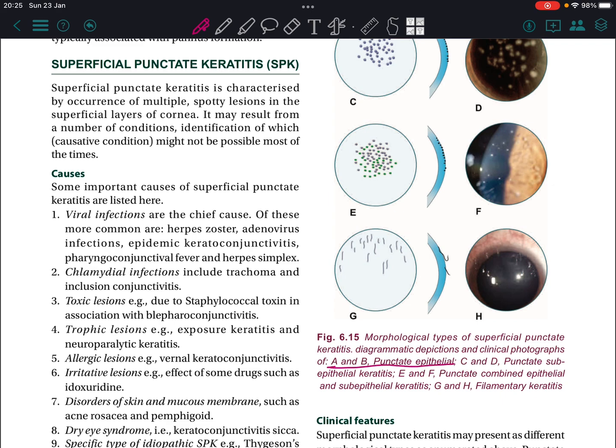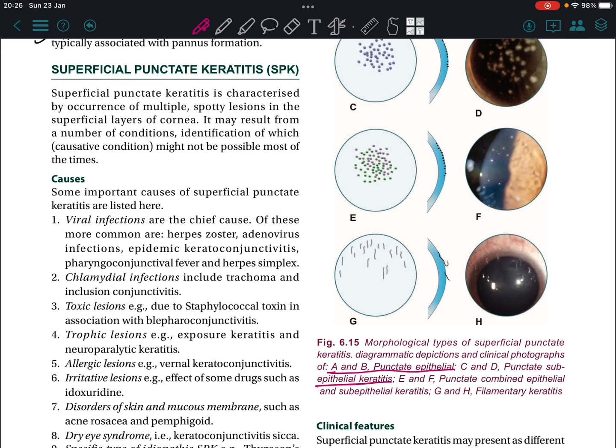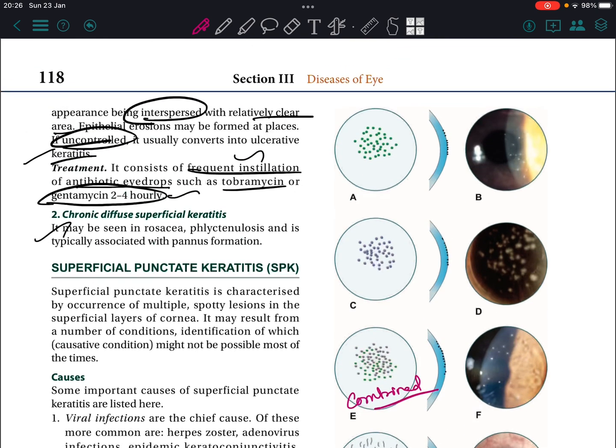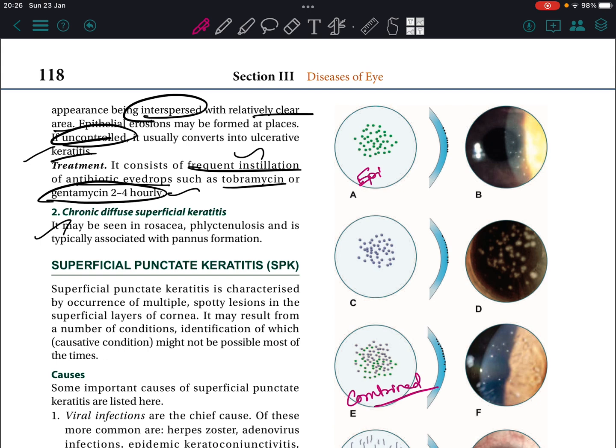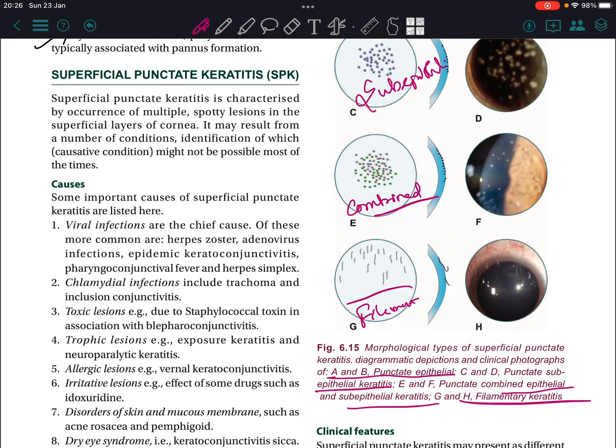A and B, punctate epithelial keratitis; C and D, punctate subepithelial keratitis; E and F, punctate combined epithelial and subepithelial keratitis; H is filamentary keratitis. So: epithelial, subepithelial, combined and filamentary. Superficial punctate keratitis is characterized by the occurrence of multiple spotty lesions in the superficial layers of the cornea. It may result from a number of conditions, identification of which might not be possible most of the